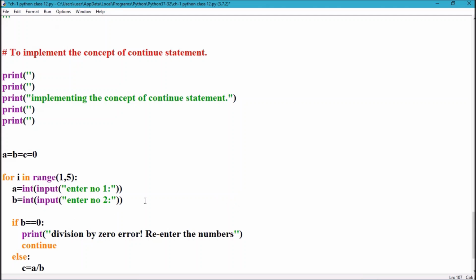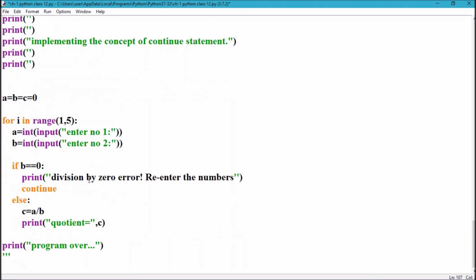How do we implement the continue statement? In the continue statement I have used the same program, but this time when you enter b as 0, it will ask you to go back and input the values of a and b again. Firstly, it will allow you to execute this program 4 times, 1 to 4, fifth not included.